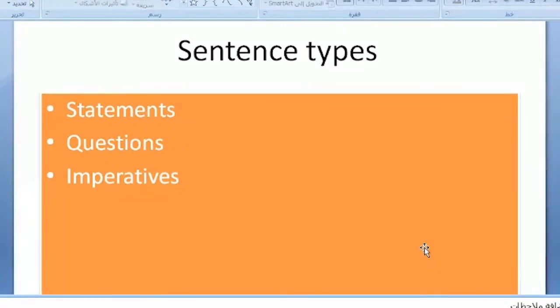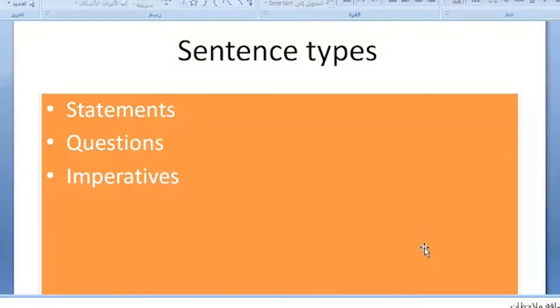And these tenses are divided into simple, continuous, and perfect. That is to say, we have, for example, present simple, present continuous, present perfect. We have past simple, past continuous, past perfect, future simple, future continuous, future perfect. And we have complex tenses. That is to say, a mixture of continuity plus perfectiveness.